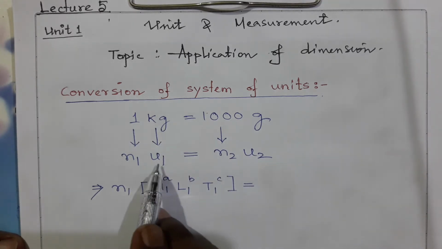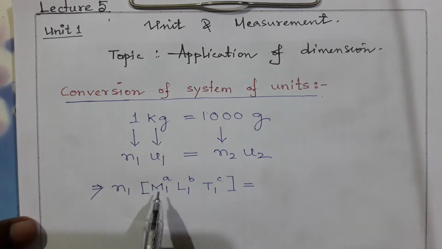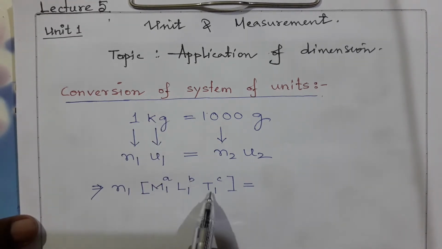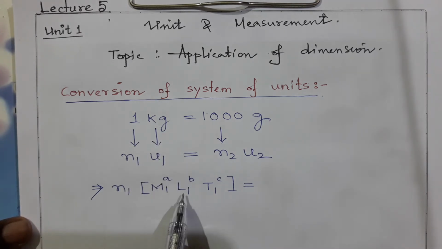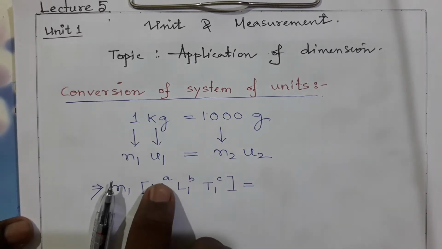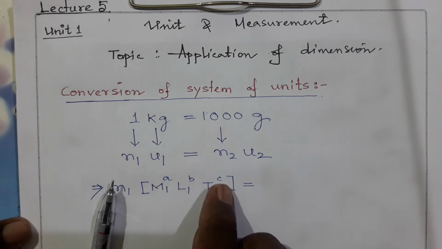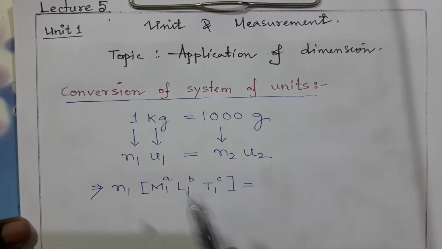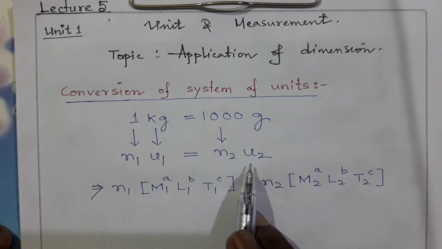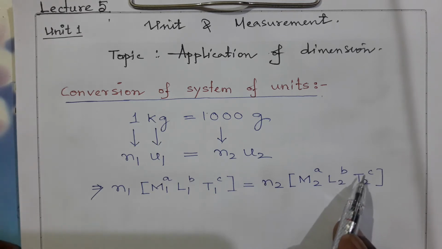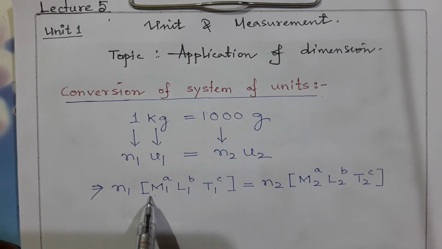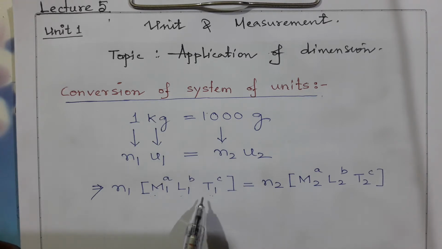You see, this is the unit, say kg. In this particular case, it will be M to the power 1, L to the power 0, T to the power 0. If I consider kg, this is mass, so M to the power 1, L to the power 0, T to the power 0. But if I generalize it, I have to write M to the power A, L to the power B, T to the power C, because in other cases there may be other values. Similarly, for U2 we have used M2 to the power A, L2 to the power B, T2 to the power C. Now what is M1, L1, T1? These are the fundamental quantities, okay, and the fundamental units are known.